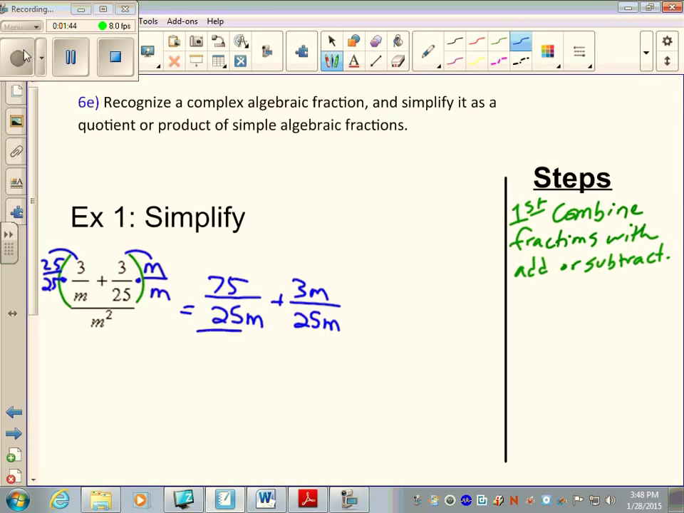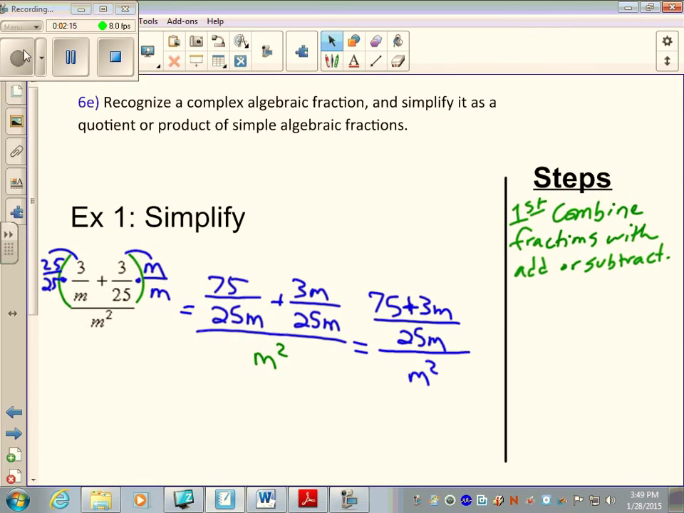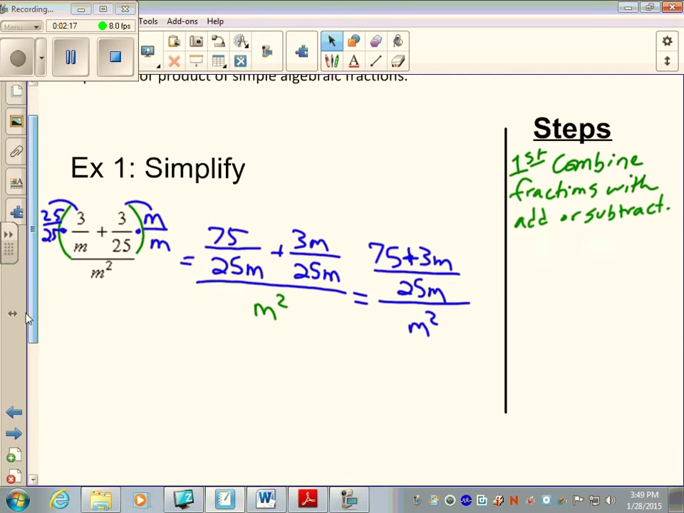This is still all over m squared, but I'm not really worried about the m squared right now. I'm combining the numerator into one fraction. Right now we have like denominators in the numerator, so we just combine 75 plus 3m. Not like terms, so we just write 75 plus 3m over 25m, divided by m squared. At this point, we have a fraction over a fraction, and what we're going to do is